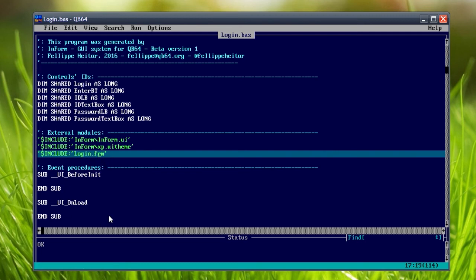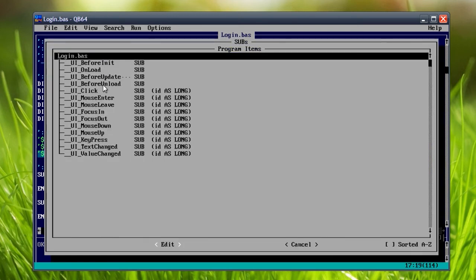And then we have the sub-procedures, the event procedures. We don't have a main loop in these generated programs, as the main loop is controlled by InForm itself, as in any event-driven program. What we have here are sub-procedures that are going to be filled with code to respond to the events. So let me show you the list of procedures we have. These are the basic procedures